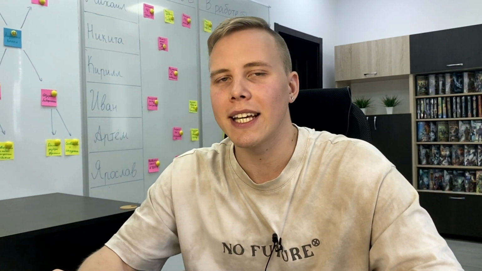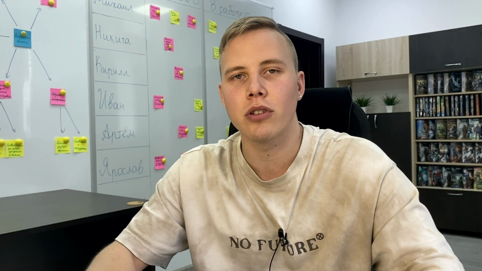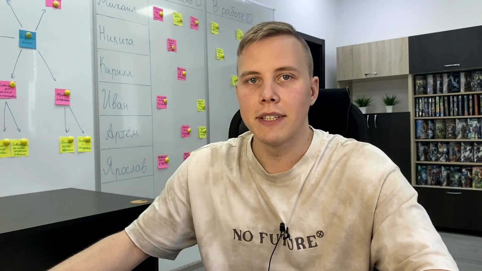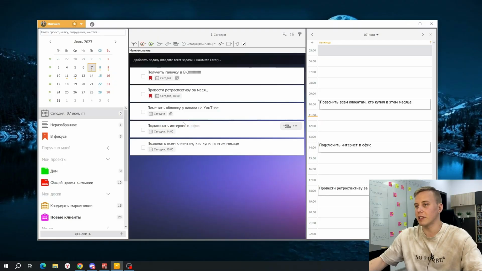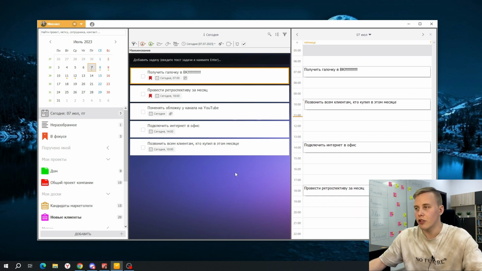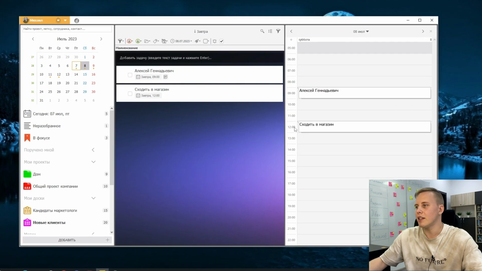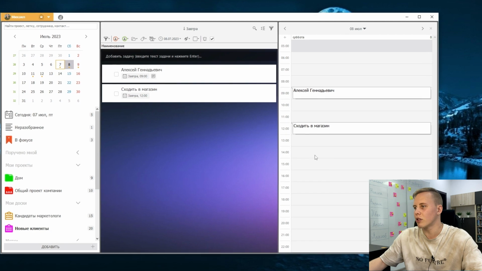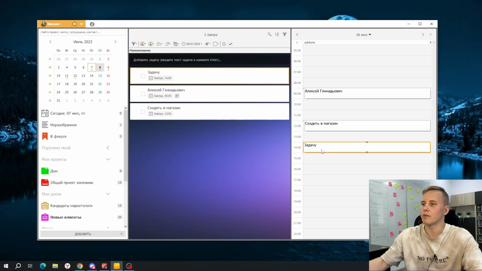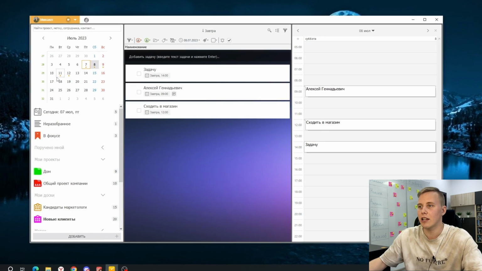And what I was definitely surprised about was that Todoist doesn't have a daily planner. Most likely, it is just because they have integrations with other calendars and they decided that they just don't need a daily planner in their application. In Leader Task, first you create tasks in the task list and then just move them to the right time. And then throughout the day you see what needs to be accomplished. I can also, for example, go into tomorrow and choose a window in which I have free time. And then I can create a task here.